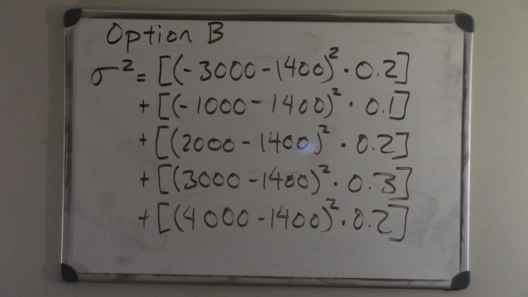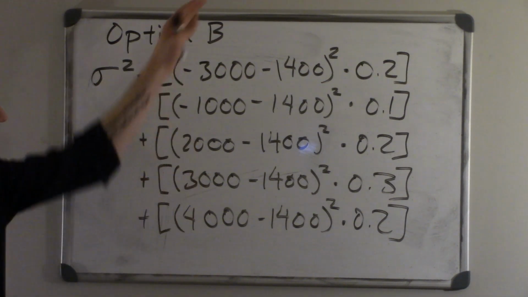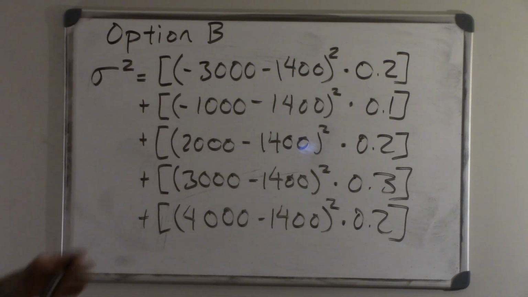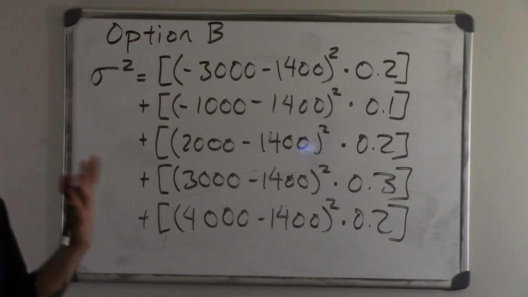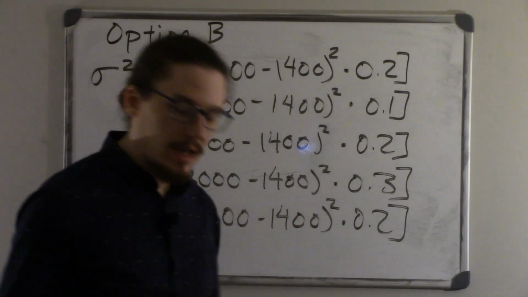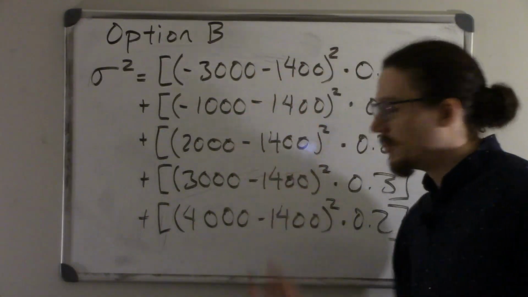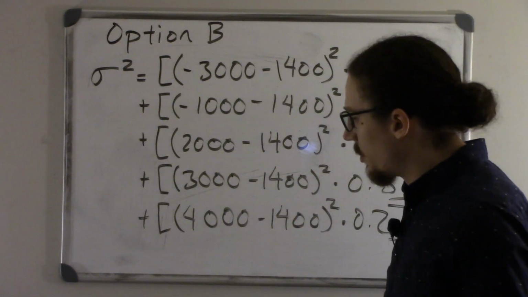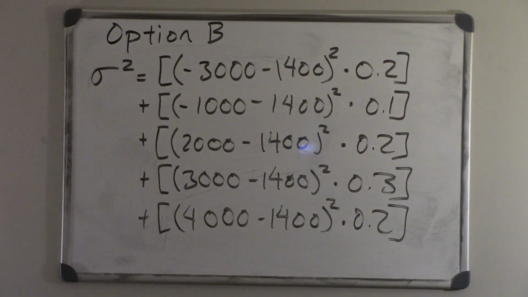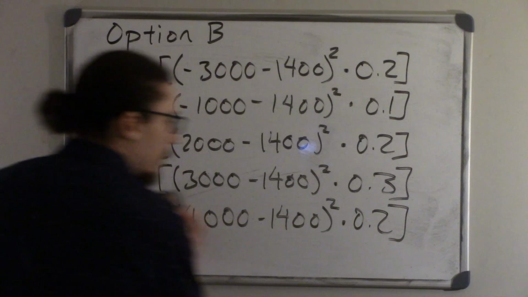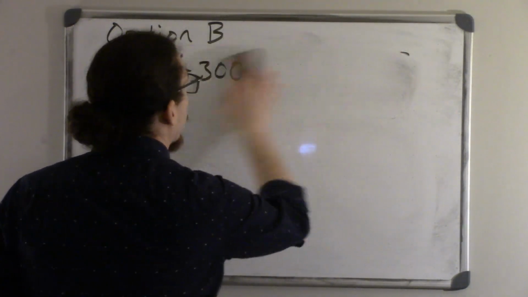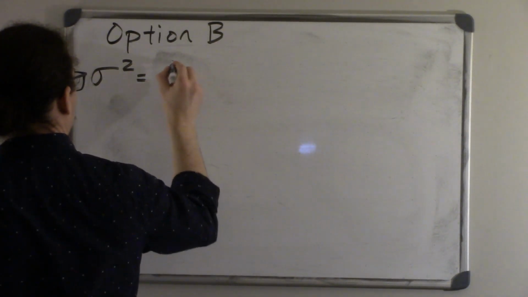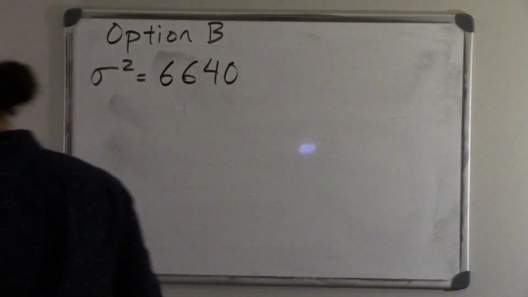So again, really just setting it up takes a little while. If we can put it all in at once, that's fine. If not, or if we're having trouble or getting the wrong answer, we might want to just do each of these little terms one at a time, to help us avoid any mistakes. But once we get it in there, I'm going to go ahead and erase this and just put our variance up here. Once we've plugged that into our calculator, we should get a variance of